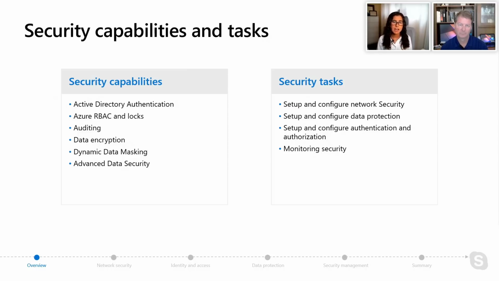In this first meat and potatoes section, we're going to talk about capabilities like Azure Active Directory. We're going to talk about RBAC, auditing, different ways of encrypting your data, whether it's in use or at rest, and data masking or protecting sensitive data, and how you can package that all together using auditing, classification, and a few other new things in Azure to really get more out of it and more understanding of who's accessing your sensitive data. And then we'll do some interesting demos around advanced data security, which is something that is mostly only available in Azure SQL today.